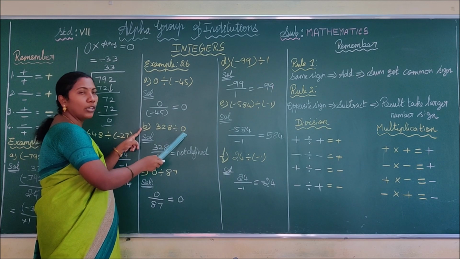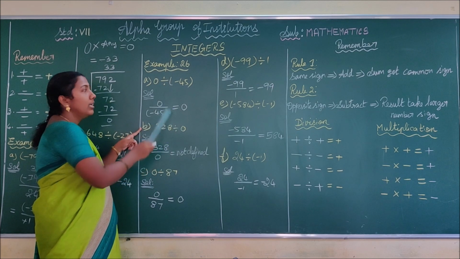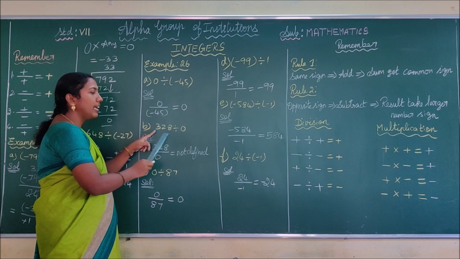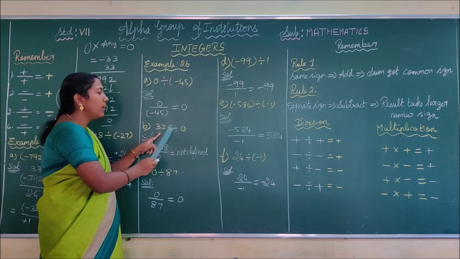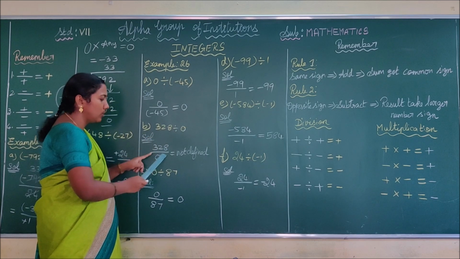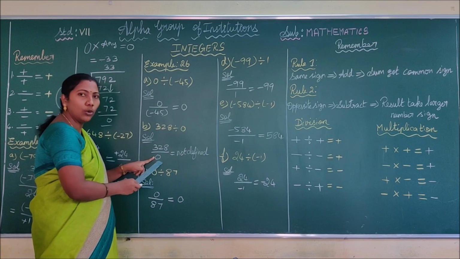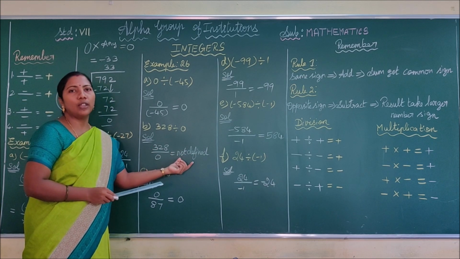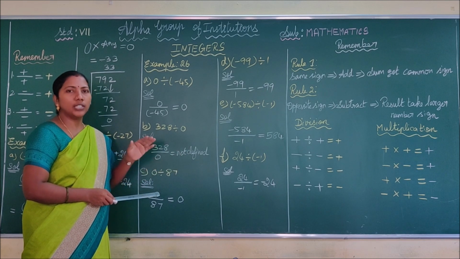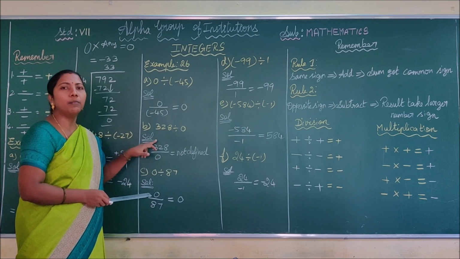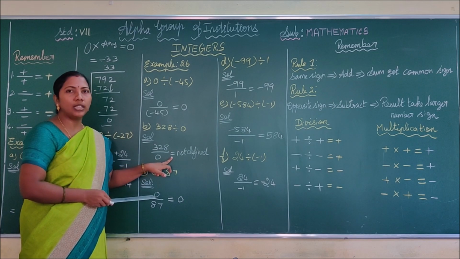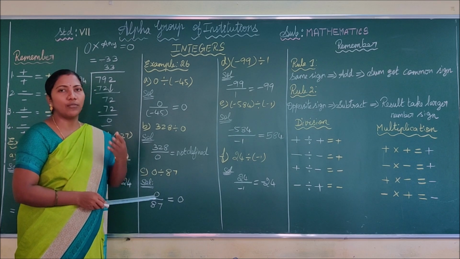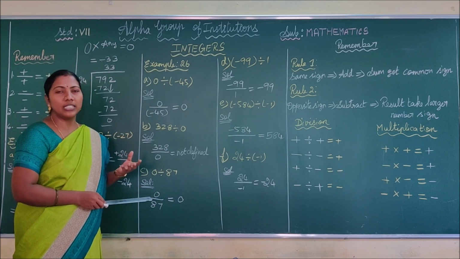328 divided by 0. Can you find the difference between these two, children? Here we are dividing 0 by an integer. Here we are dividing an integer by 0. What happens if you divide an integer by 0? See here, if you divide 328 by 0, it is not defined. You will see the proof of this in your higher classes. Now you just have to remember, if you divide any number by 0, the answer you have to say is not defined. Suppose I am asking 5 by 0. What do you have to say? Not defined. 1 lakh by 0. What is the answer? Not defined.